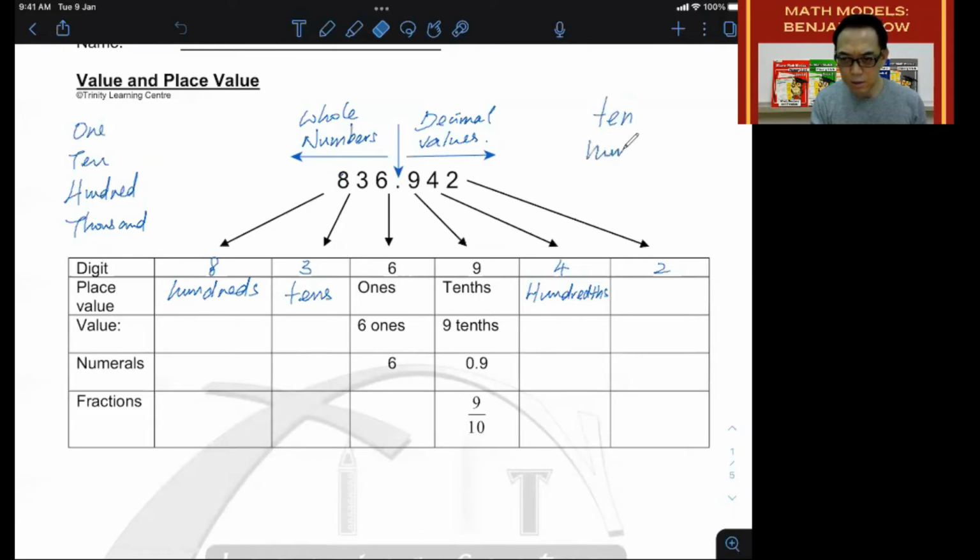10, 100, and 1,000. So we do not have 1, because the 9, the first number after the dot, is already part of 1, and it is 9 out of 10 parts. Okay, so for the decimal side, it is the same words that you see on the whole number side in terms of its spelling,